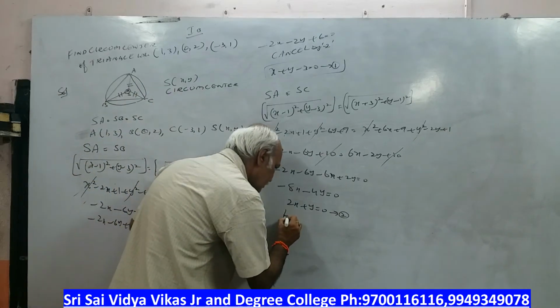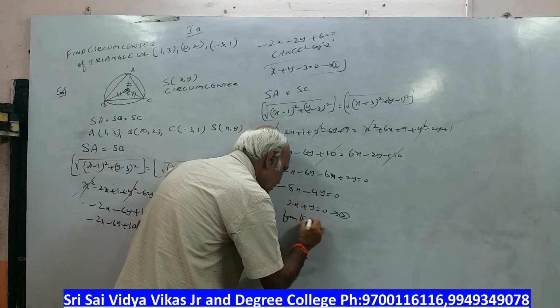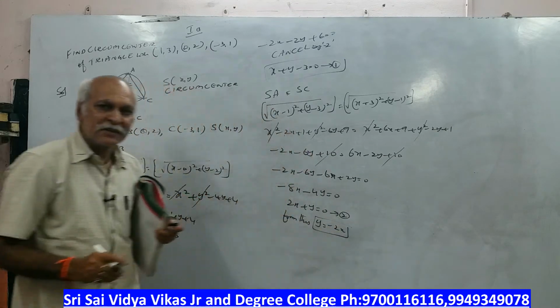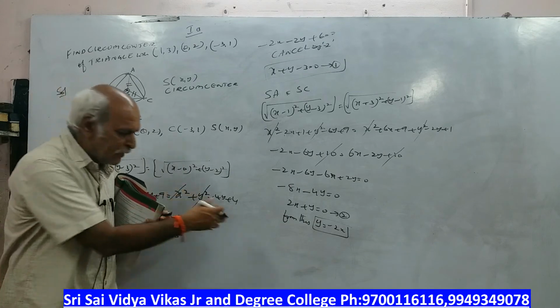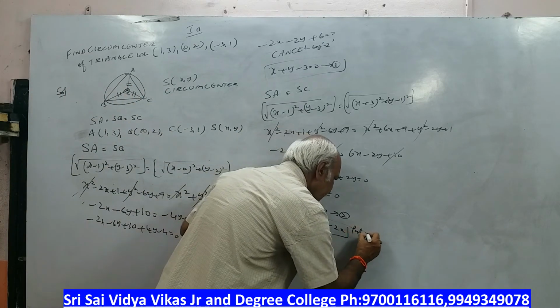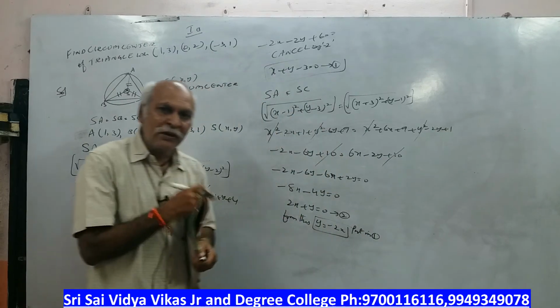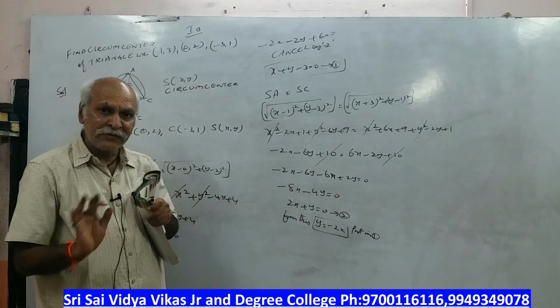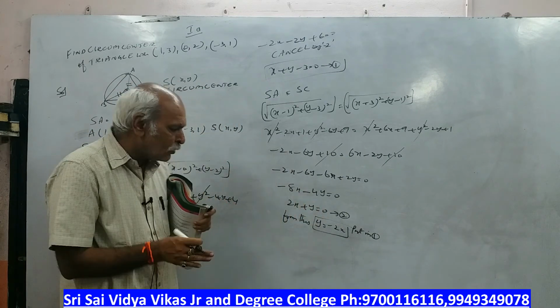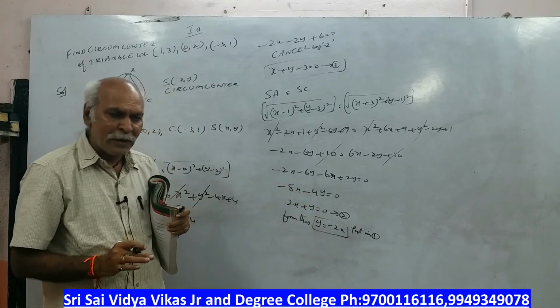From this, y is equal to what? Minus 2x. Okay, direct method, sir. This is very simple, so that's why y is equal to minus 2x. Put in the first equation. Okay, only for this problem we are using this method, sir. Otherwise, we will not use it for any other problem. Because here only two terms are there, there is no constant, so directly I am using y is equal to minus 2x.